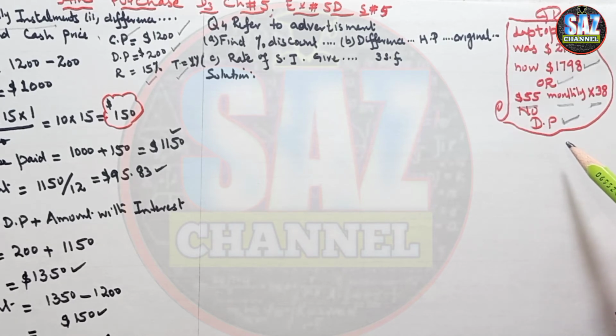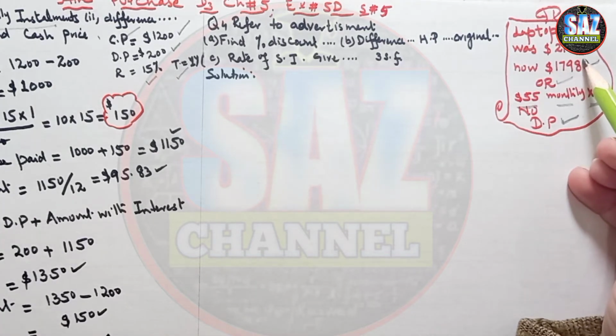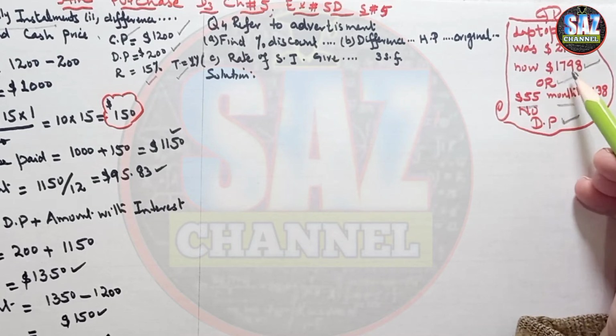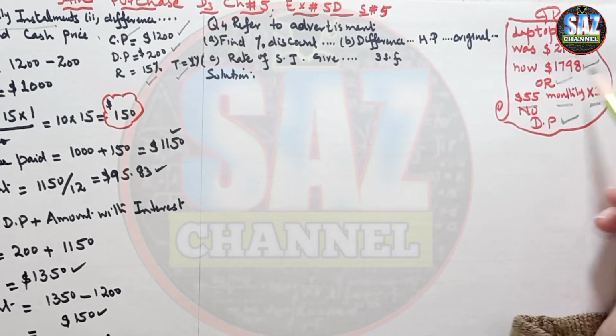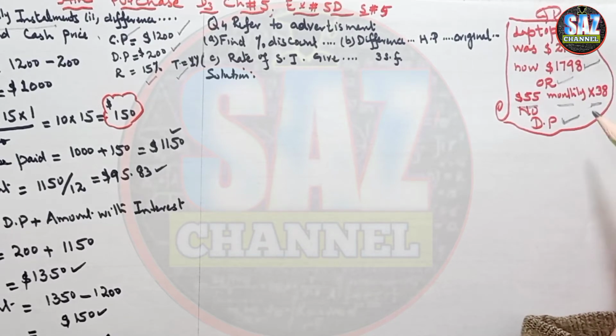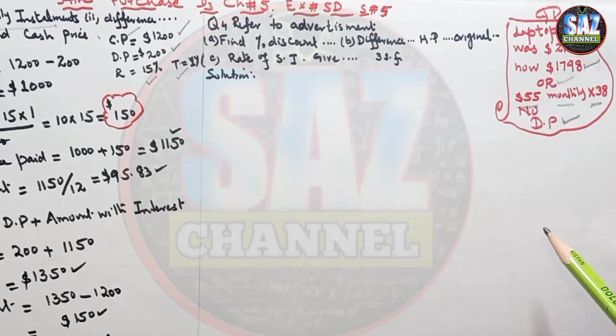Then find the percentage discount for the payment in cash compared to the original price. Okay, it's really important to understand. Find the percentage discount for the payment in cash as compared to the original price. This means that if we are purchasing this laptop at the cash price, then we have to find how much amount we can save, and then express that amount as a percentage of the original price. Okay, then the second part is, what is the difference between the hire purchase price and the original price.